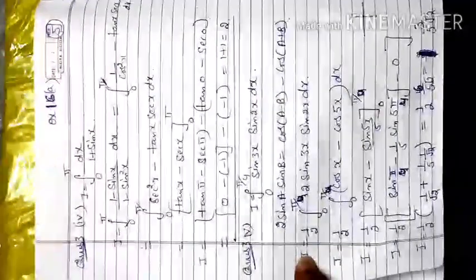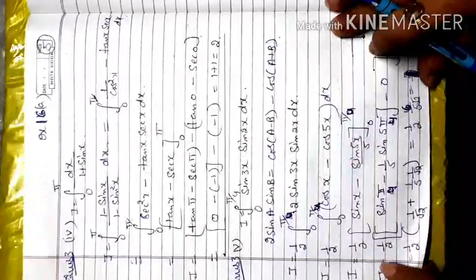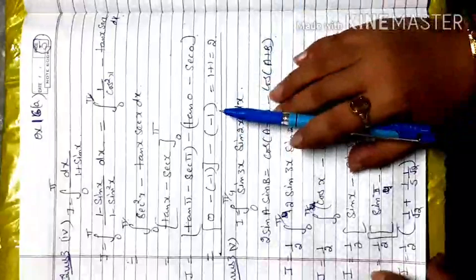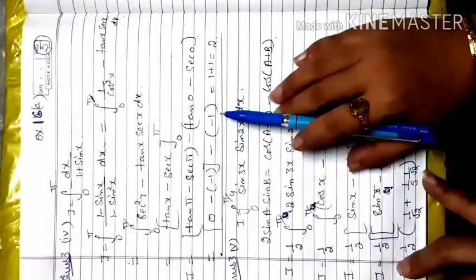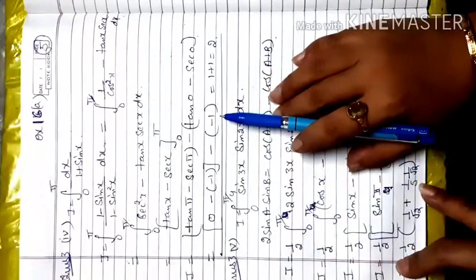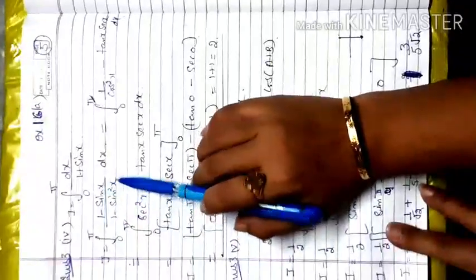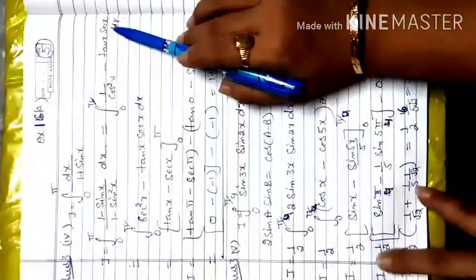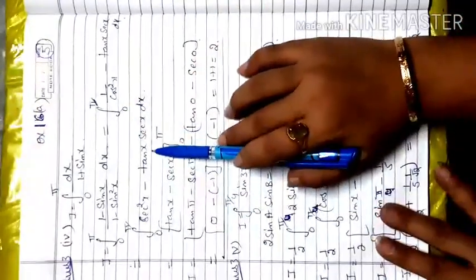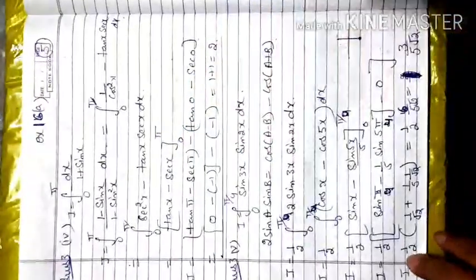Next is your third question, fourth part. Your third question fourth part is 1 upon 1 plus sin x. First you rationalize by changing the sign, 1 minus sin x upon 1 minus sin square x, the denominator becomes cos square x. Separate the terms, 1 by cos square x minus sin x by cos square x become secant square x and tan x secant x. The integration of secant square x is tan x and the integration of secant x tan x is secant x. Now apply the limit 0 to pi, you will get the answer 2.